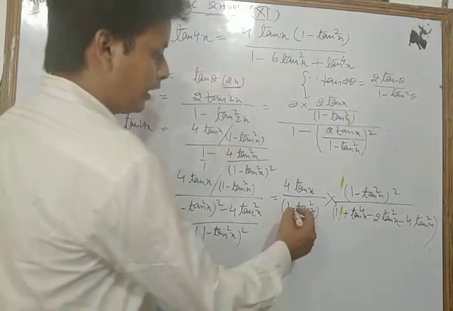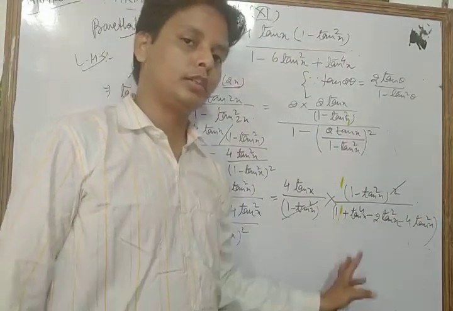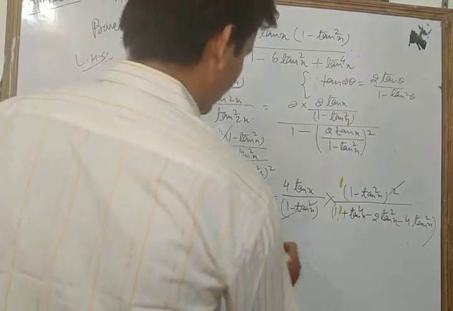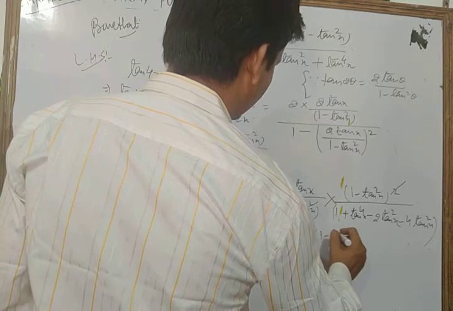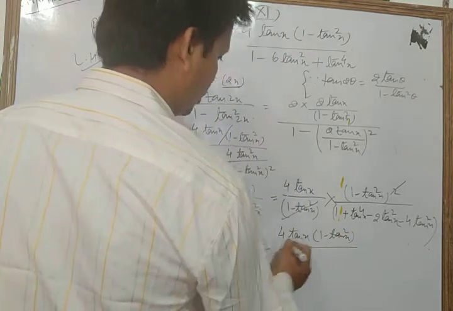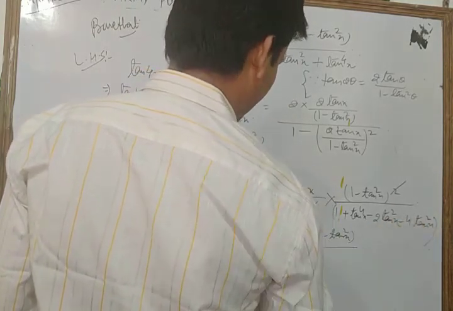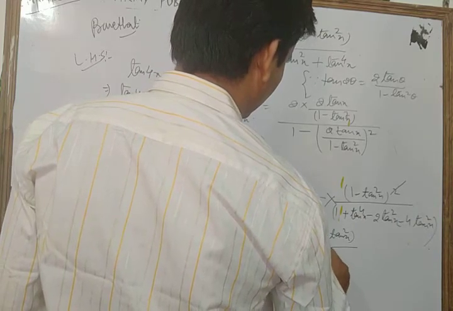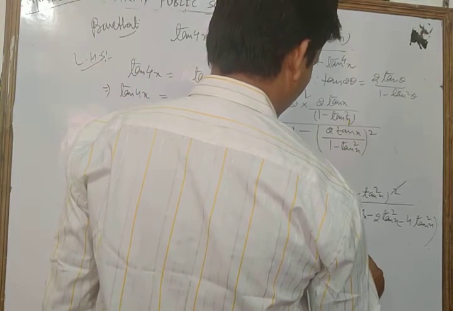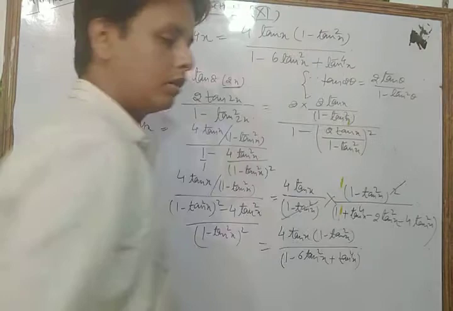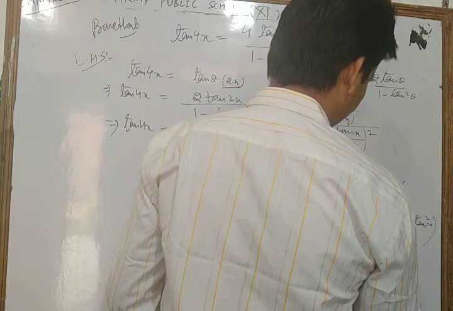Now let's see, 1 minus tan square x in the numerator cancels with the 1 minus tan square x, so we get what? 4 tan x in bracket, 1 minus tan square x upon, in the denominator we have minus minus plus, that is tan square x, 1 minus 6 tan square x, and plus tan power 4 x. So dear student, this is our right hand side,